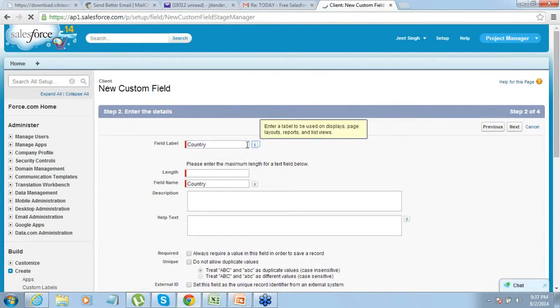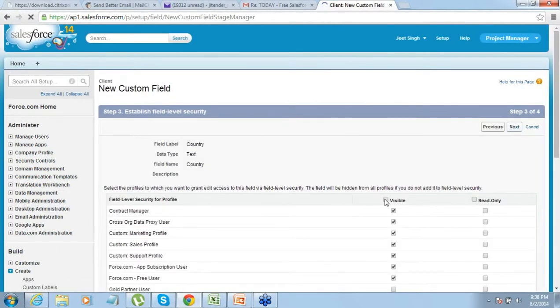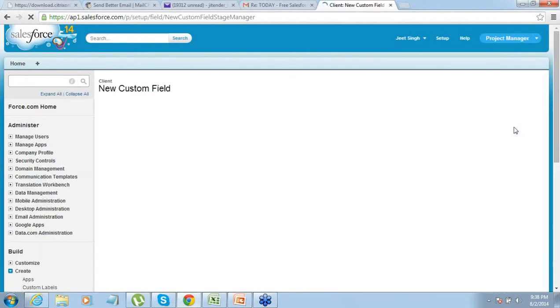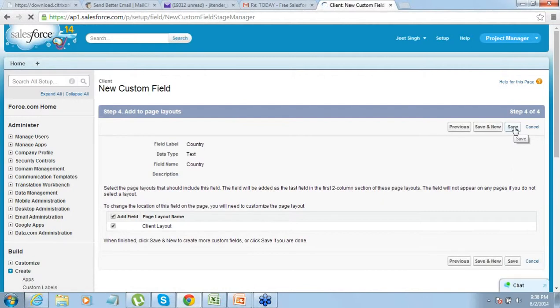Put a country field here. Length for the country, again I want to make it 60. So maximum length allowed for the country field will be 60. Go to next. Click on visible. Next. So that is it. Save.